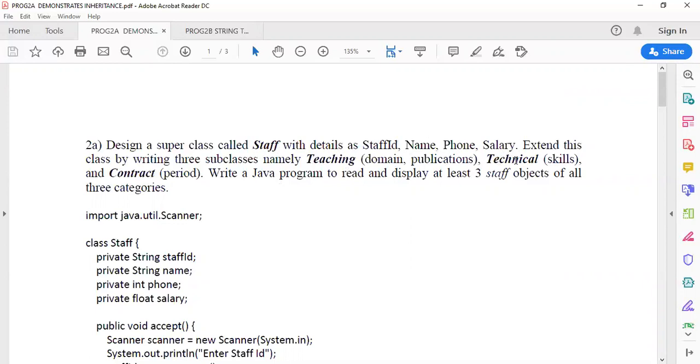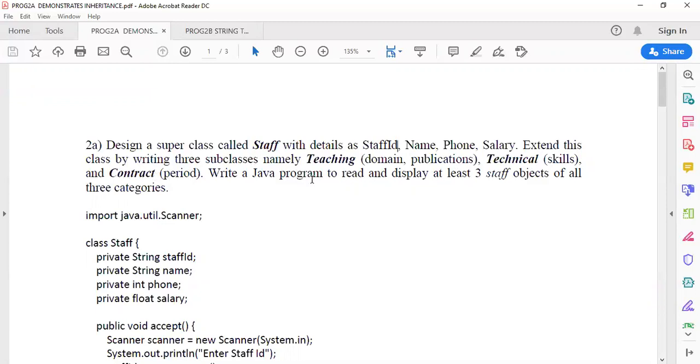Similarly, the only attribute that is specific to technical staff is skills, and the only attribute that is specific to the contract person is the period of time they are going to be attached with our institution or company.